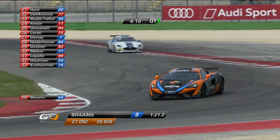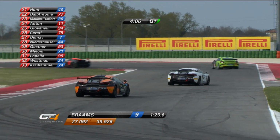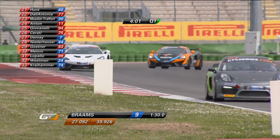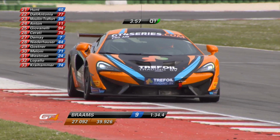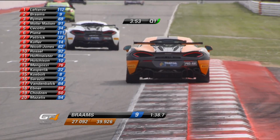Looking for quick times. Among the top handful, they seem to have put in their best times and backed off a little bit. In fact, a couple of them come into the pits, including Nikolai Moller-Madsen. We saw him early in the session setting the pace in his Pro Sport Performance Porsche Cayman, and now lights flashing. Luke Brahms would like those in front of him just to stay a little bit wide so he can complete his lap